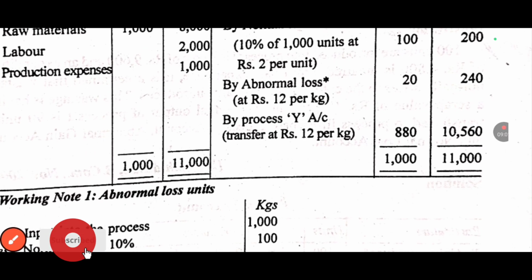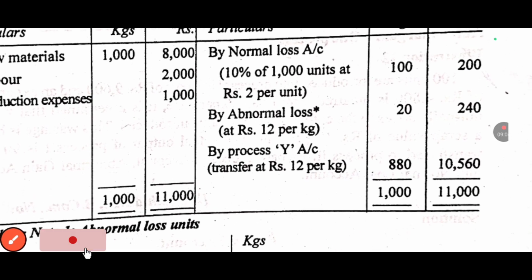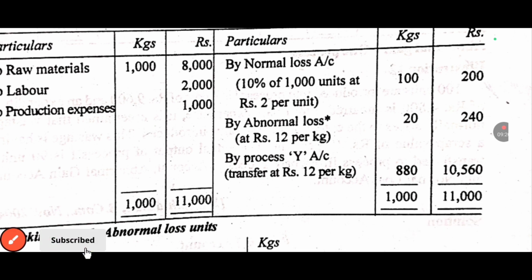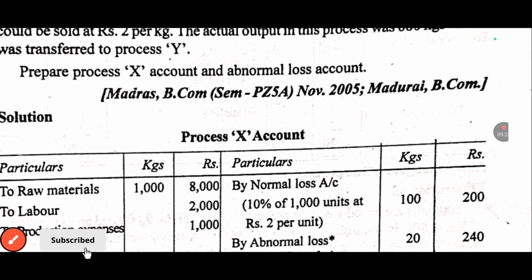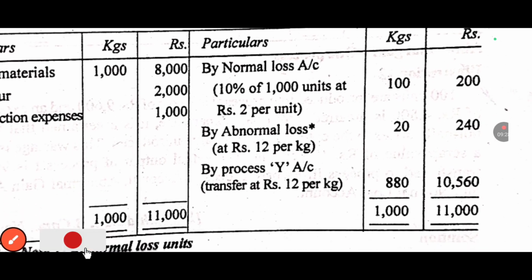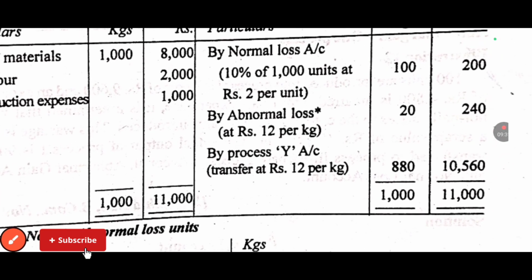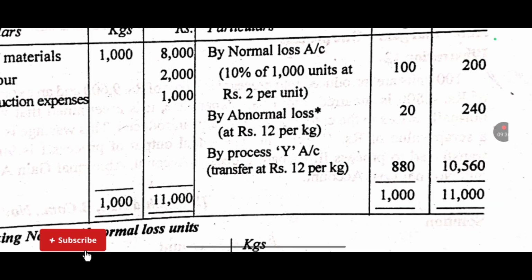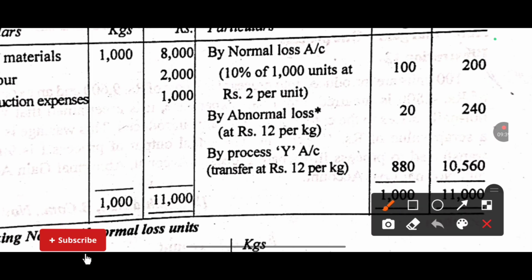Then we need to find out the value of output. The actual output they gave in the question is 880 kilos, so we enter the actual output 880 kilos. Now we need to find out our actual output value. How can you find out the actual output value? First you will